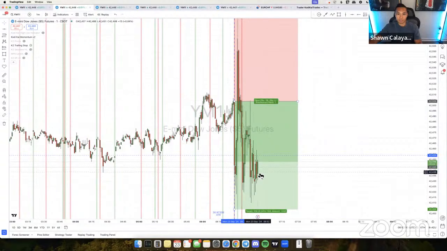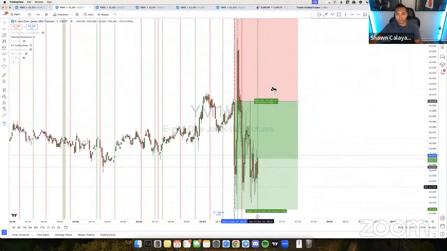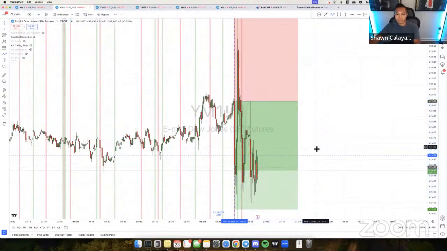Again, this thing's kind of going sideways. This isn't what I was hoping not to happen, but obviously you can't predict the market. I was hoping the market would be volatile and it would just go straight down like it normally does, but it did not happen like that today. Today, price started to consolidate. If it starts to consolidate like this and it takes too long, like if it hits 640 and it hasn't hit the TP yet, I will more likely than not move my stop loss and profit.